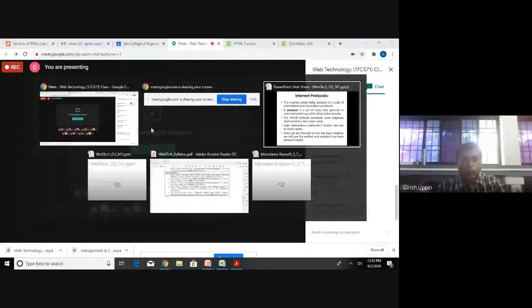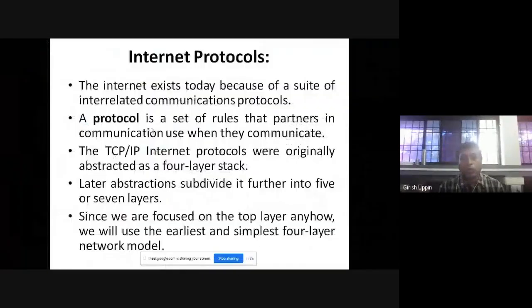Next one is the internet protocols. When we are doing a communication, we have to follow a certain protocol. For example, for this meeting itself, we set some protocol, which I didn't tell exclusively, because you have gone through many classes and many people have told you about it. Some protocols are said explicitly, some are implicit.